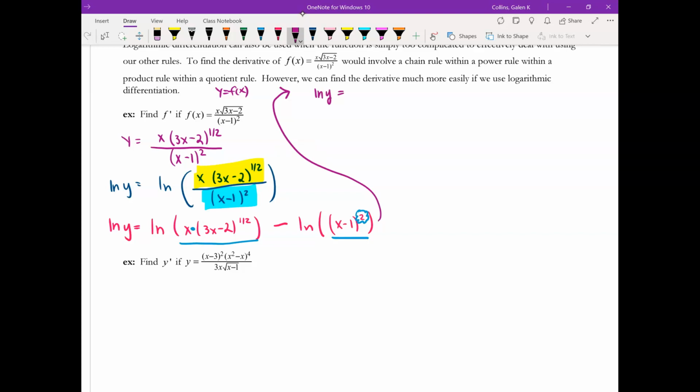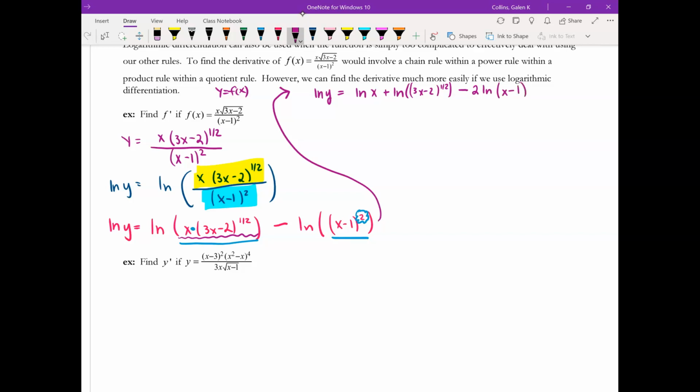have ln of y. But I'm going to use that product property of logs to break this into the sum of two logs of the same base. So this becomes the natural log of x plus the natural log of 3x minus 2 to the 1/2 power. And then I'm still subtracting from that the natural log of x minus 1 squared, but I'm going to take that 2 out in front using that power property and have that 2 times the natural log of x minus